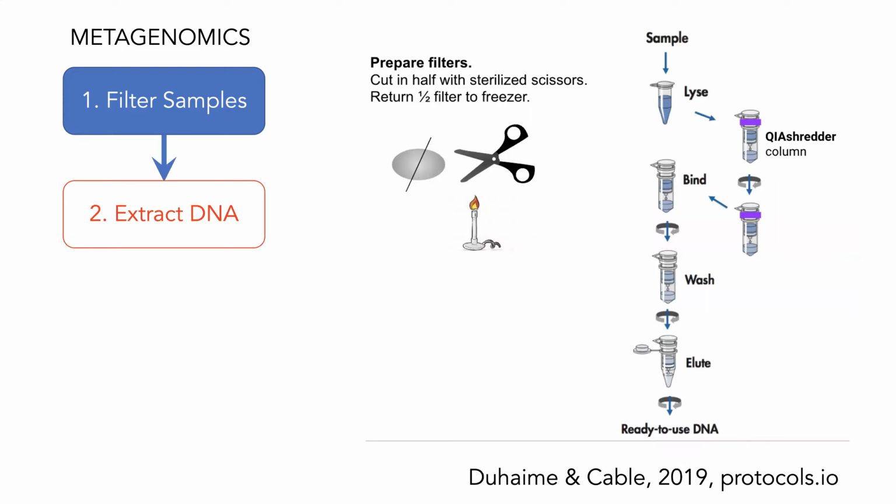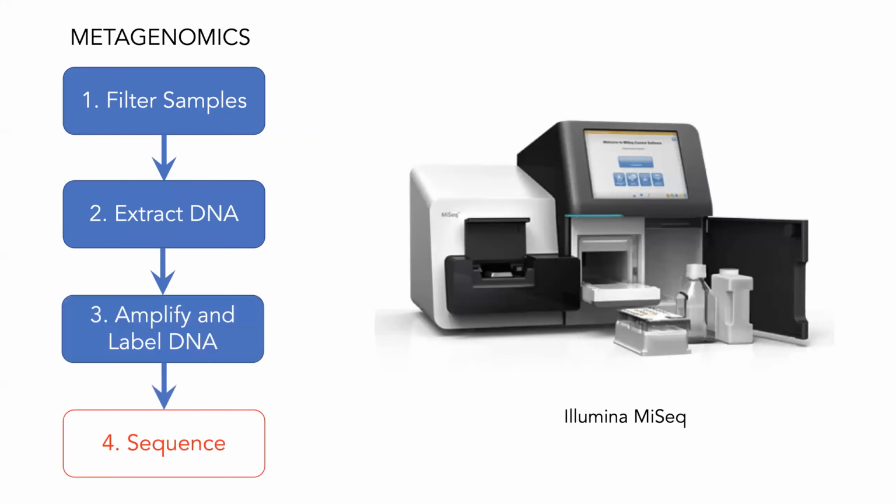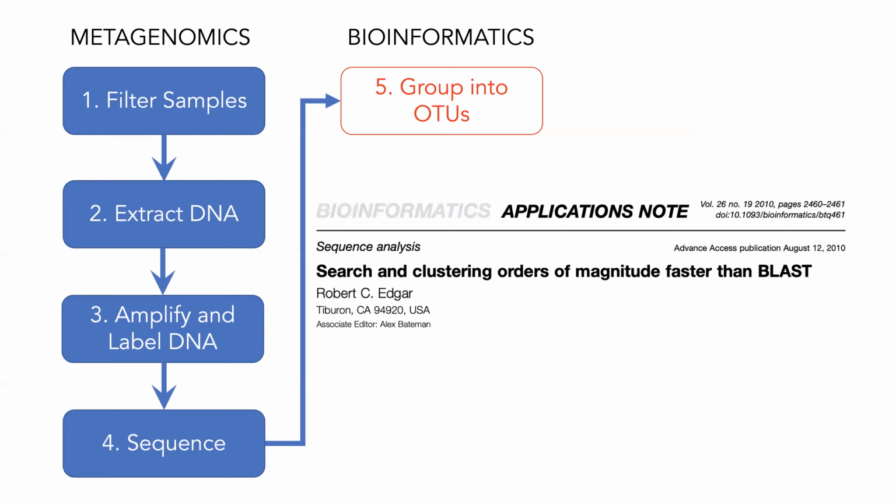We then take the filter out and cut it in half. This is a figure stolen from the paper cited in the bottom right. And then we extract the DNA from the filter. Well, we cut the filter in 3 pieces and put 2 in the freezer, and then extract DNA from 1/3 of the filter. And then we amplify, for what we're going to talk about today, these are the primers that we use. We amplify the DNA and we label it with a particular label that allows us to know what sample it comes from. And then we use metagenomic sequencing to get the sequence from the DNA.